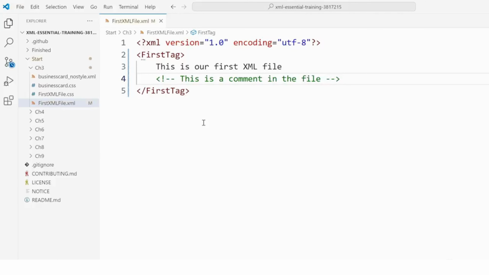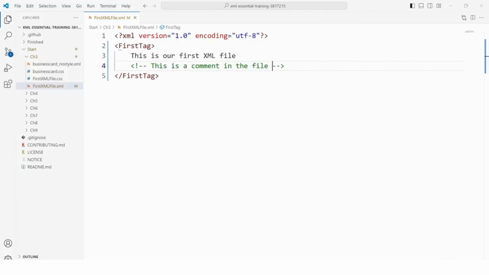So we have a root element, which is called first tag, right there on line 2. And then down here on line 5 is the closing tag. And inside the first tag element, I've got some text and a comment. All right, so let's go ahead and save this and preview this with Live Server to see how this looks